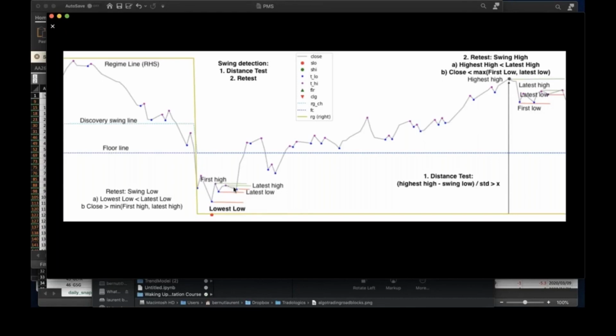So in this case, the price goes up, so the lowest low is lower, so we don't take the lowest low. That's condition number one. And then the close penetrates the minimum of either the first high or the latest high. So in this code,